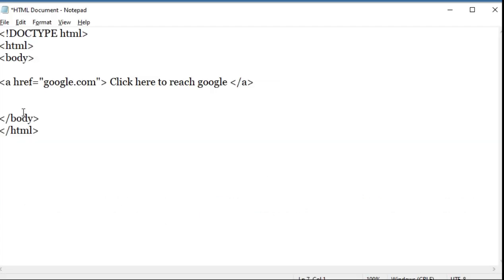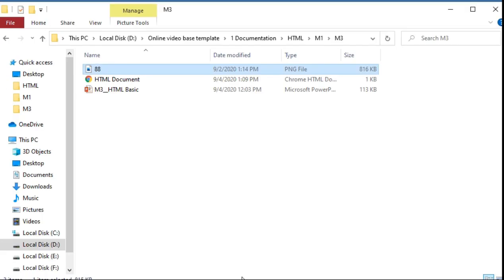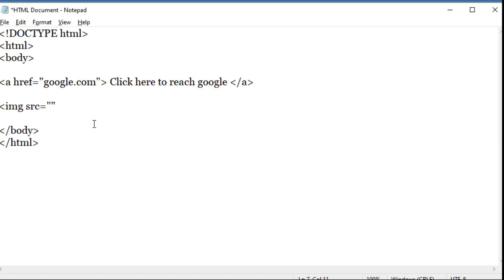I'll show you how it works. For importing an image, you write the img tag. Then you define the source, src equals, in quotes, and then the source. This source will be the name of the file which is in the parent folder. So this is 88, and you have to write it with the extension, that is 88.png. Now the alternative text you want to provide for this file is alt, equals, in quotes, suppose "my guitar". That is the image of a guitar, that's why I wrote this.